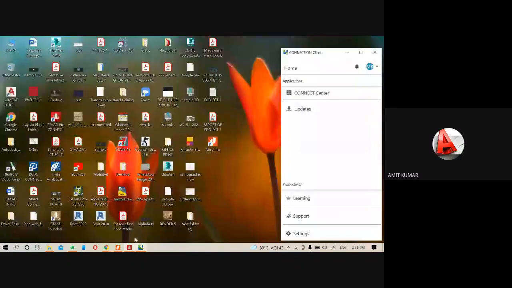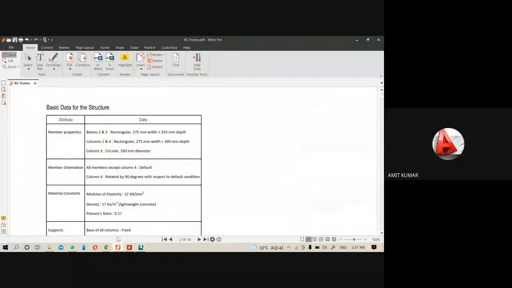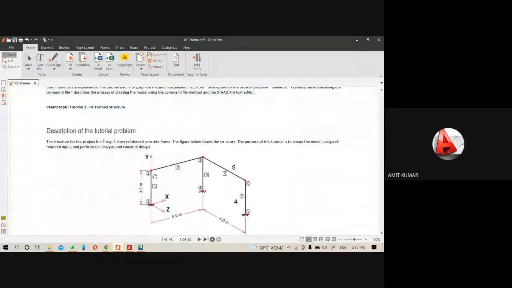First, just check your dimensions. So height is 3.5. Let me note it. I will create a beam of 3.5 meter length.